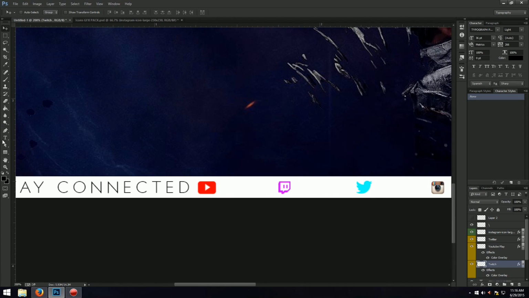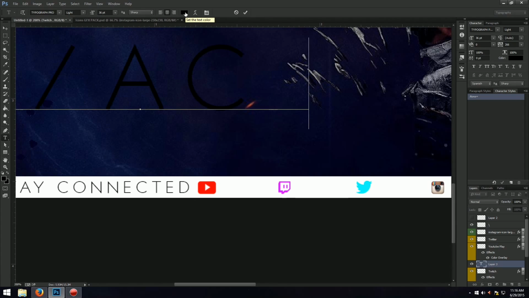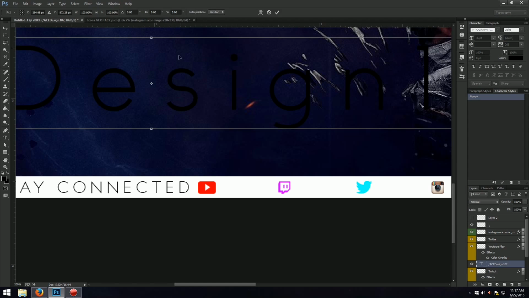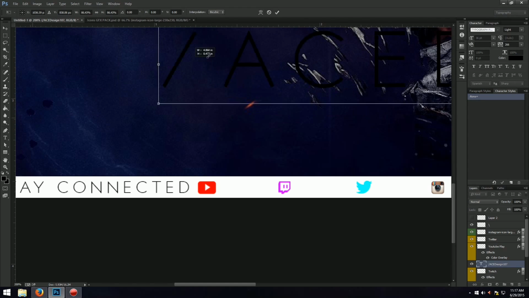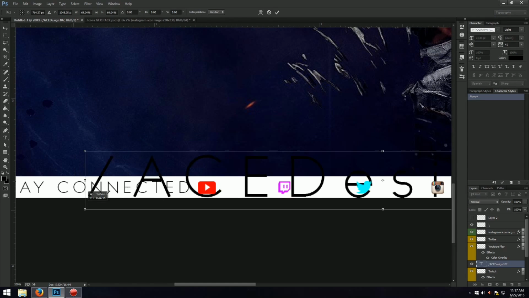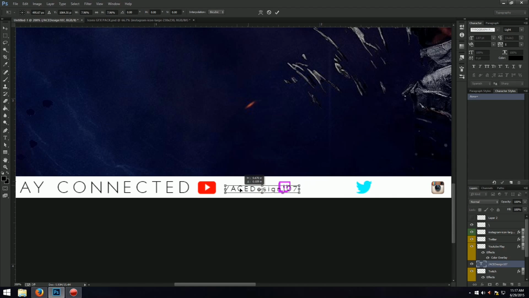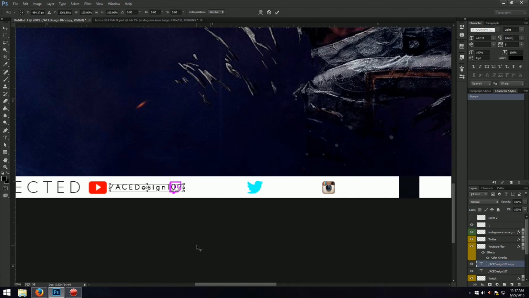And what I'm going to do is I'm going to grab my text tool, type in same font, and I'm just going to do slash ace design 107. Press OK, and then resize it. Something like that. Okay. And then we can press Ctrl J and move it in like that, press Ctrl J. Now this doesn't look like it's fitting, no shit. But what I'm going to do is